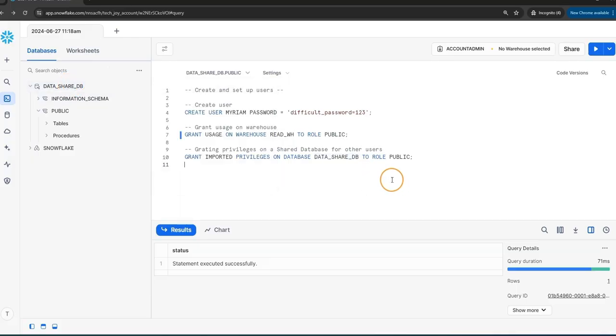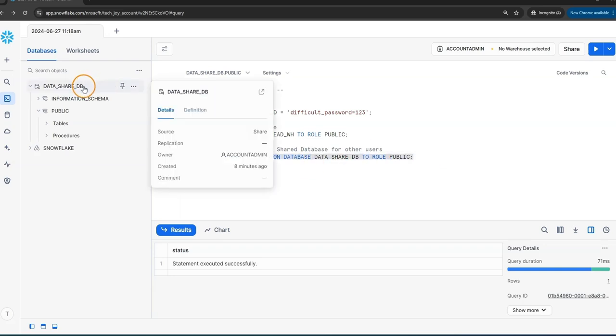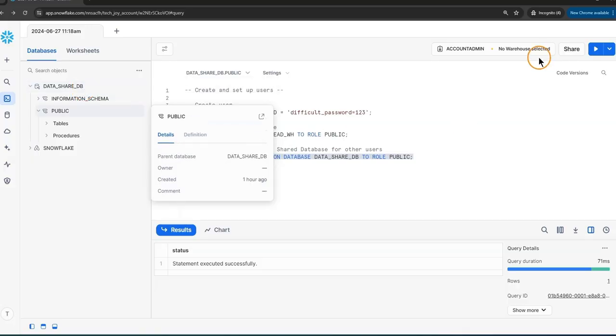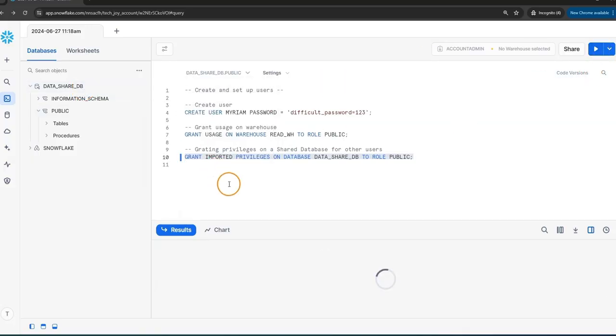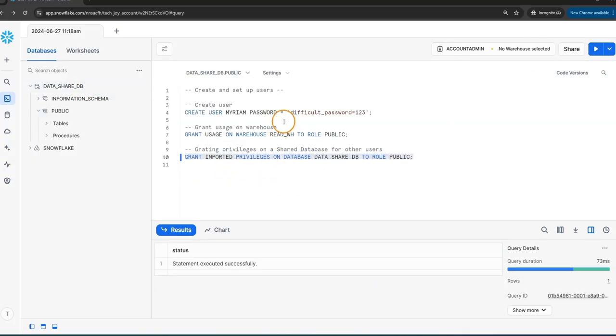And like this, we can also share this database that was created from a share. So here we always grant imported privileges on the database, and then she will have access to everything that has been inherited from this share. So I will execute this command, and now we can go ahead and test it with this user and see if this actually works and everything is set up so that she can have access